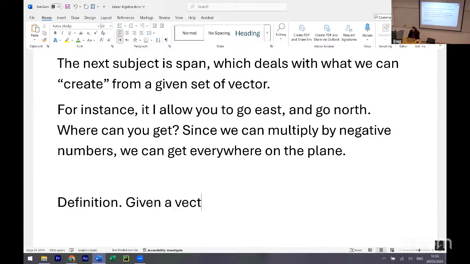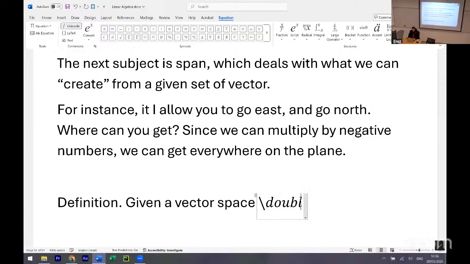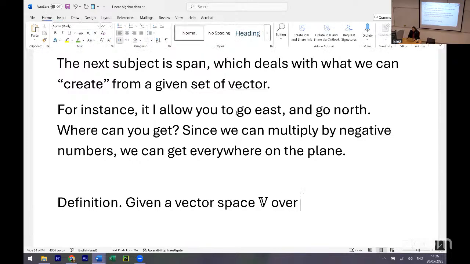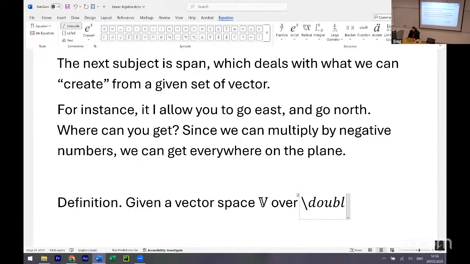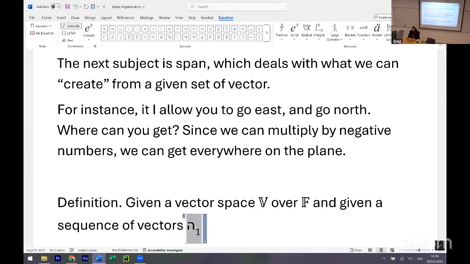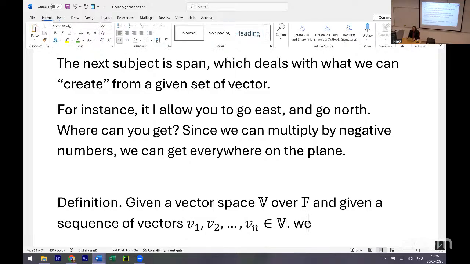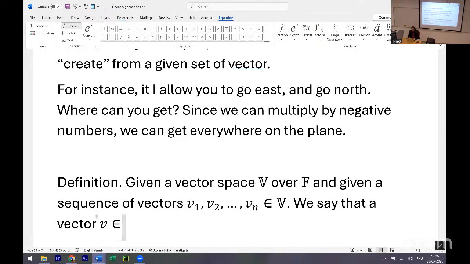Given a vector space V over the field F, and given a sequence of vectors V1, V2, ..., Vn within V, we say that a vector V in V